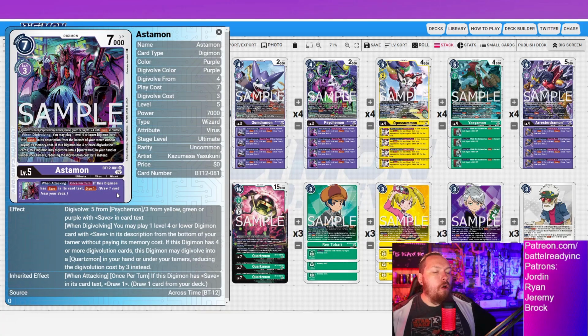All right, now let's get back to the real end goal of the yellow-green build specifically. Digivolve for 3 on top of a purple level 4. Okay, so our Reshidramon here. Or Digivolve from 5 from Psychmon. Not the best, but, you know, we have 4 copies. It could come up. Or 3 from a yellow-green or purple level 4 with save in its text. So any of our level 4s, Astamon can Digivolve on top of for only 3 cost,